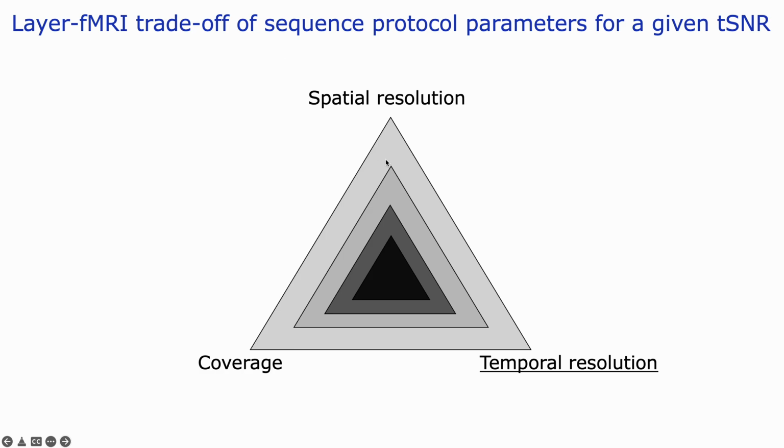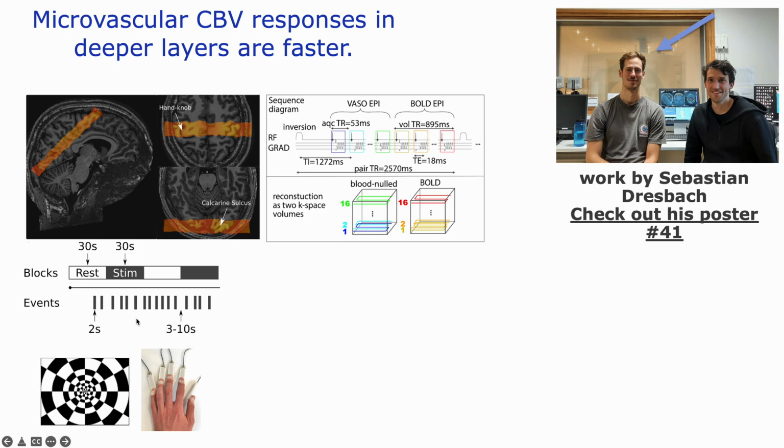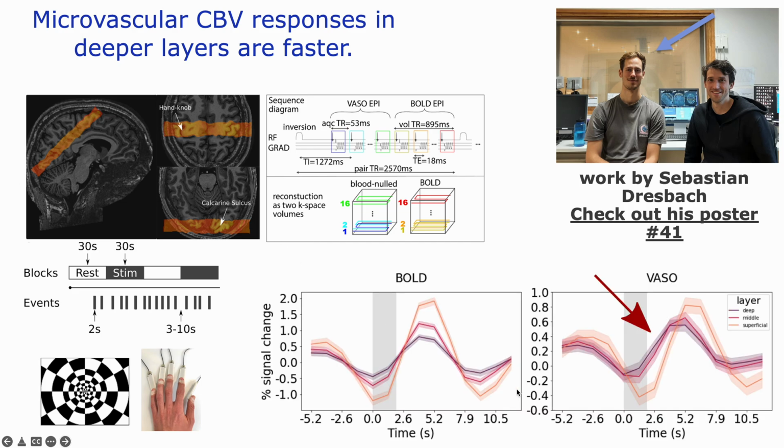When it comes to temporal resolution, I would like to refer you to the work from Sebastian Dresbach, poster 41. If you haven't checked it out, do so. He uses sub-second readouts in order to explore the usability of event-related compared to block designs for layer-dependent fMRI using the somatosensory visual protocols here, where he does see clear delays across cortical depths. For example, that the superficial layers in blood volume VASO are almost 2 seconds delayed compared to the deeper ones. So check out his poster in order to see if and how layer fMRI can be used for these faster